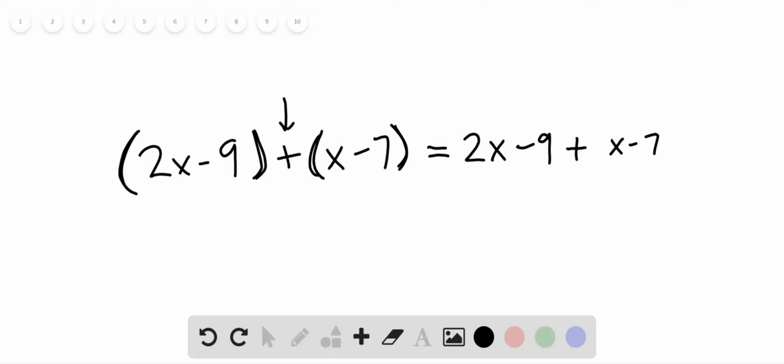Now it's important to note here that if this addition was, let's say, division, multiplication,